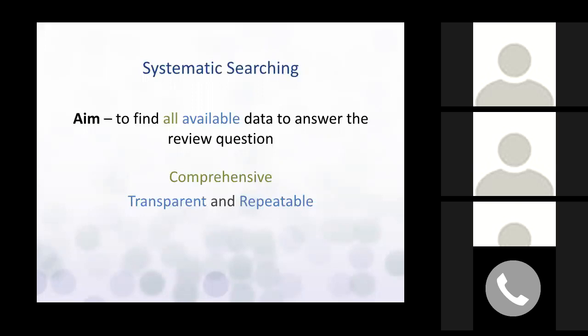reproducible. So when you read a literature review, the typical literature review you do for a class or at the beginning of your graduate studies, you read in a journal, oftentimes they just talk about a bunch of papers and a bunch of themes, and you have no idea how they found those papers. And so that review is in essence not reproducible. Somebody else cannot say, oh, let me update it for more current literature, because you have no idea what that